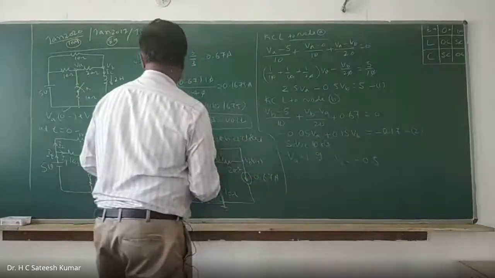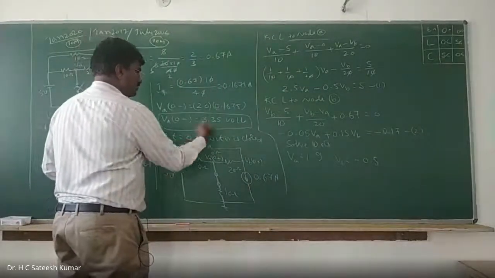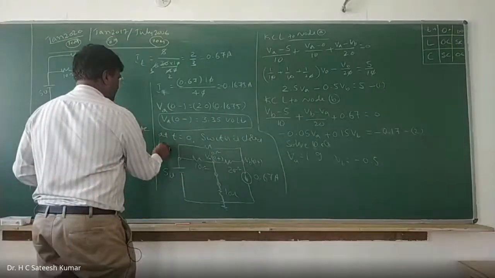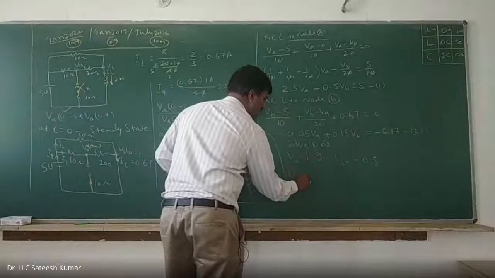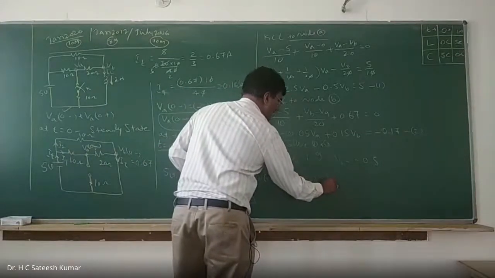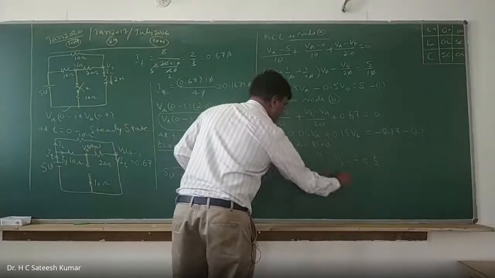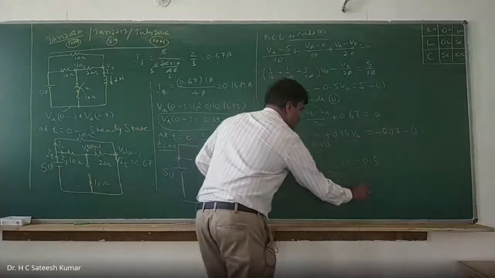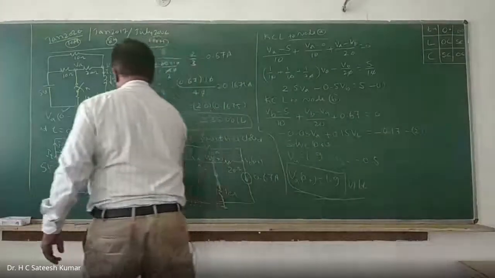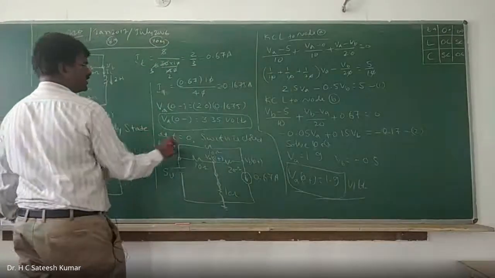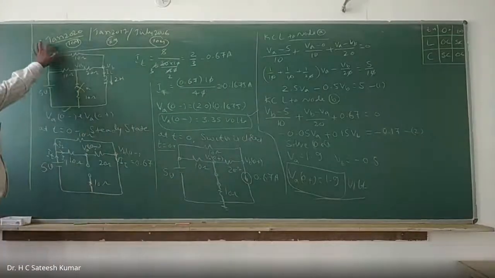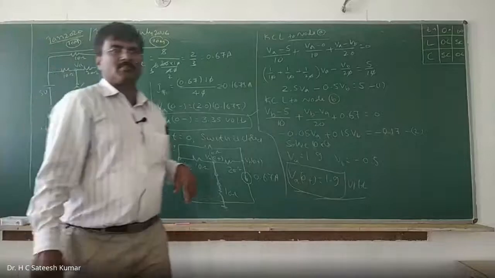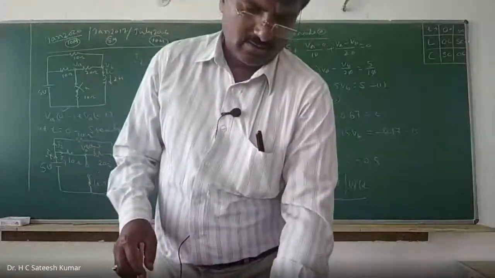At what point? At t is equal to 0. So whatever is happening at t is equal to 0 plus is this one. That means VA at 0 plus is equal to 1.9 volts, and that is the required answer. And VA is equal to VA minus VB. These two are the answer required, 10 marks. This is a question from the January 2020 paper, one of the recent papers we have seen. You can do it, I think.